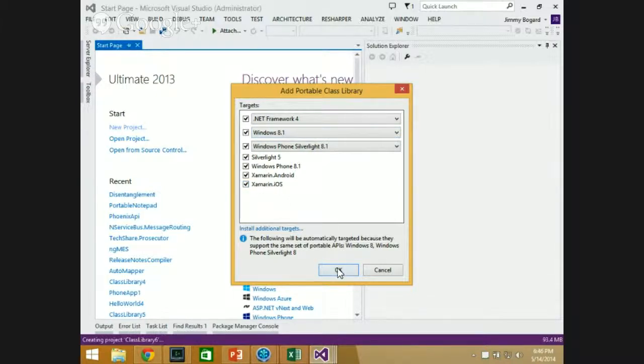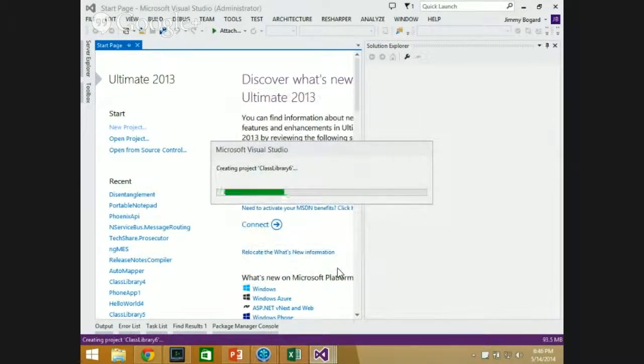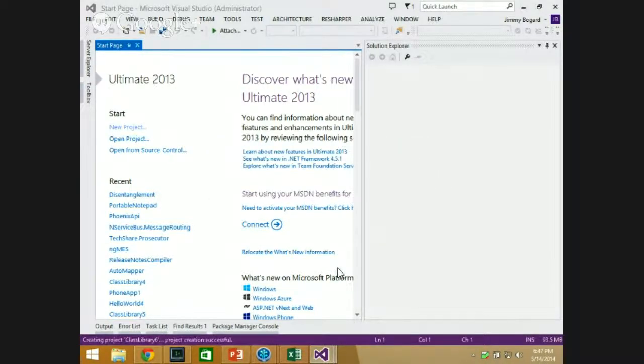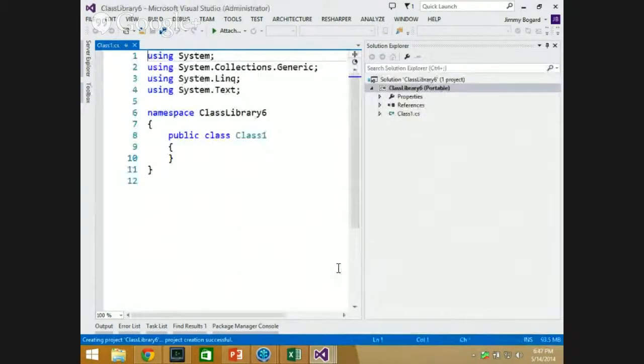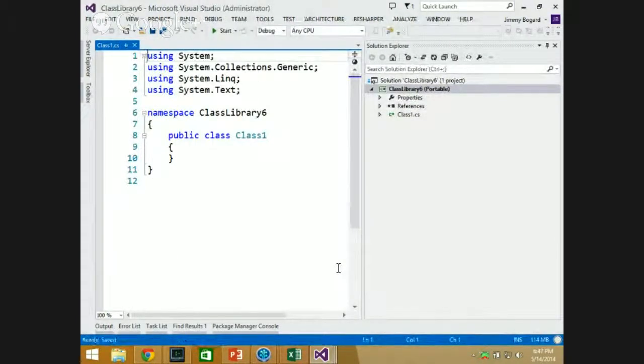Yeah, so let's click OK. I just checked everything I could check. I could have picked Windows 8 as opposed to Windows 8.1, but it told me there's no differences based on the other things you've chosen, so you can support that too. So then the problem is, well, let's just say,